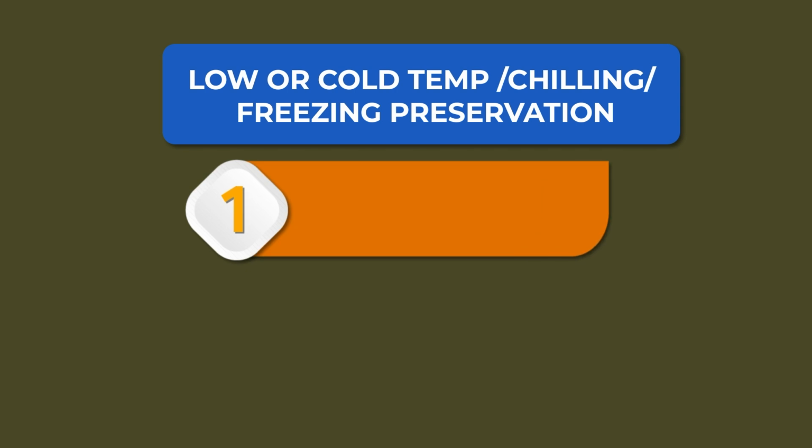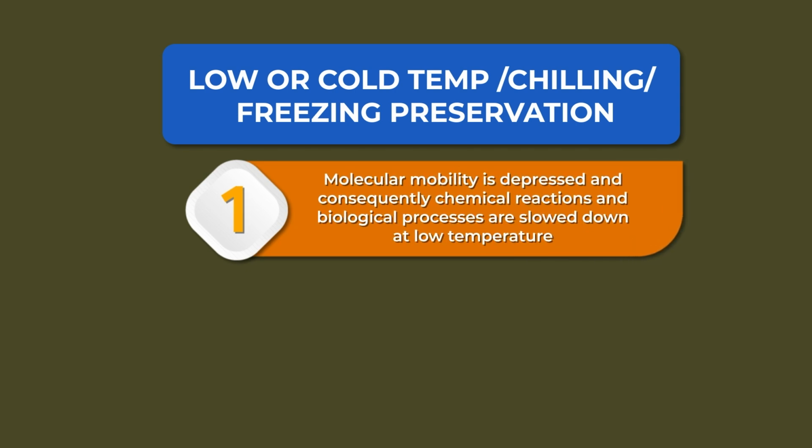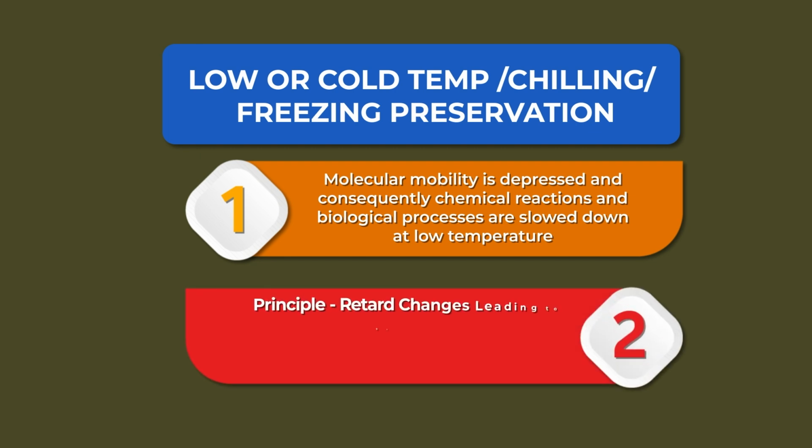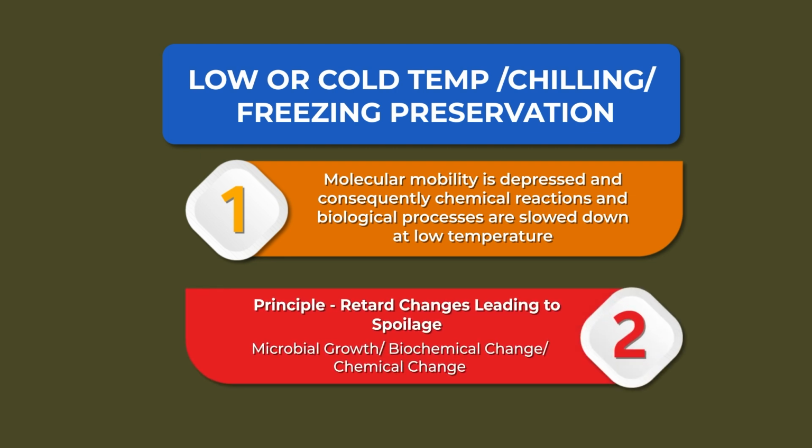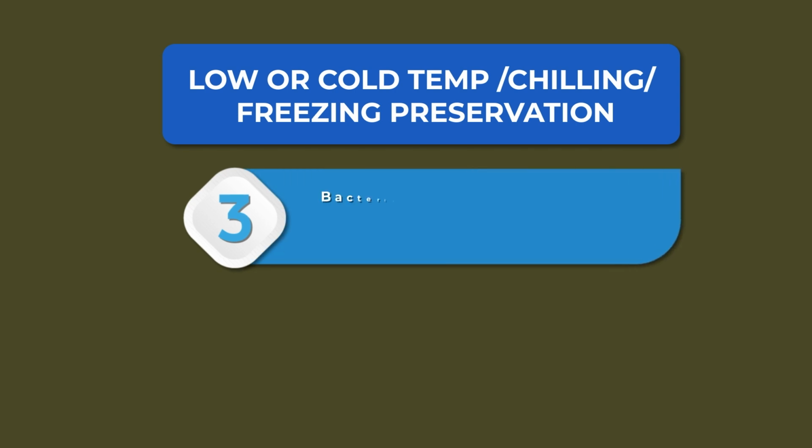food preservation. Molecular mobility is depressed, and therefore the chemical reactions or the biological changes which are taking place in foods are slowed down. Equally, this is applicable to the microbes. So, what is the principle here? The principle here is that microbial growth, biochemical changes and chemical changes are taken care of. In a way, they are slowed down. And it is important to look